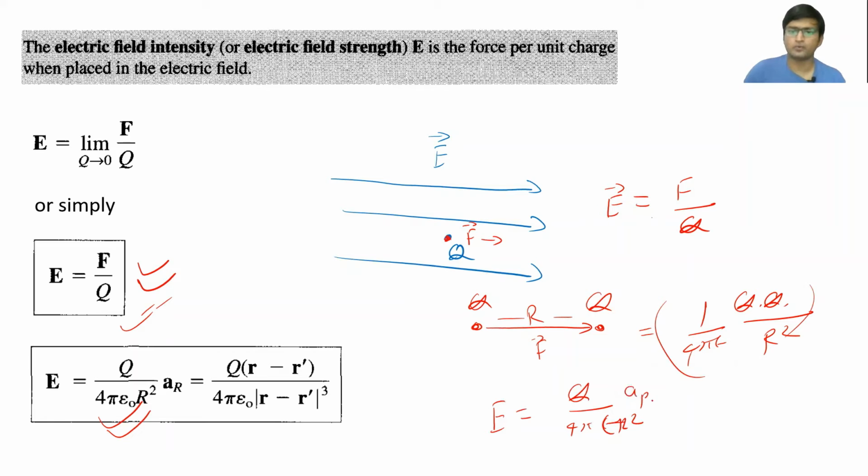So this also will be AR, and AR is the unit vector from the particular charge q, because of which we are calculating our electric field at a particular point P. Let me call this a point P, and this direction is the R direction, and the unit vector in this direction will be AR, right? So remember that the direction of electric field will be the same as the direction of force at a particular point because of a charge q.